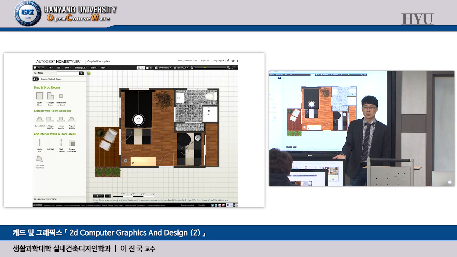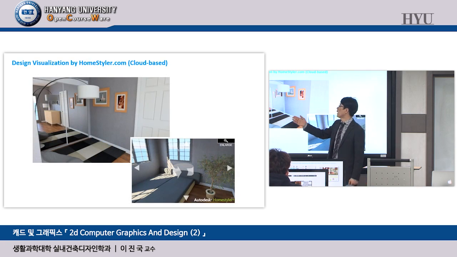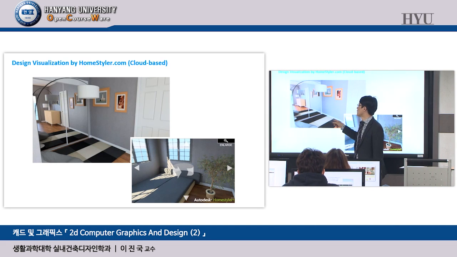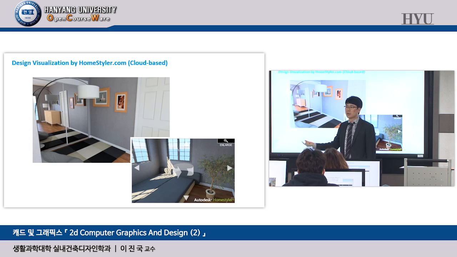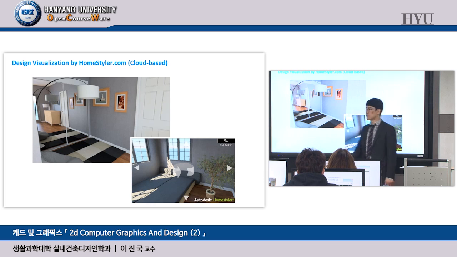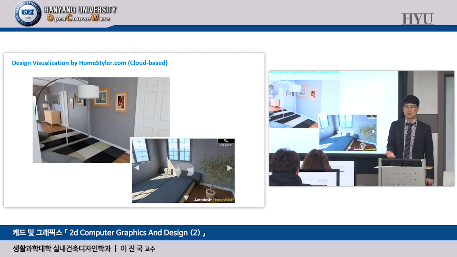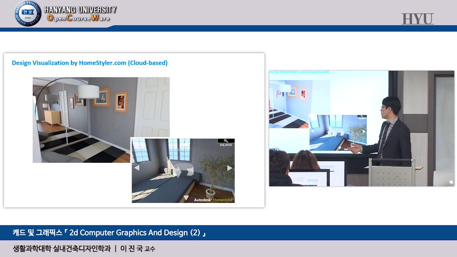In the lab exercise today, I'm going to show you, and you have to design something and submit your own design today. They are all 3D, and if you request a 3D render, Homestyler will generate this kind of 3D render scene rendered by cloud computing, not your computer, okay? And send this image to your email account. So you can get this kind of image, even